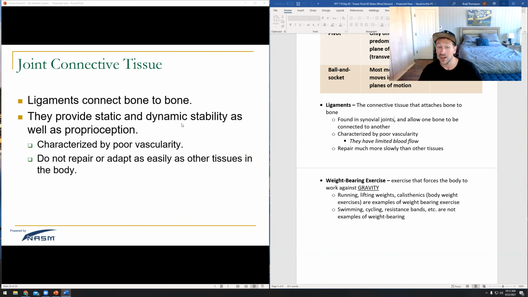Again, they are characterized by poor vascularity. They don't get very much blood flow. And because of that, they repair very slowly, which is why we need to have rest days in our workout programs. Honestly, guys, your muscles actually repair pretty quickly, but the tendons don't, and the ligaments don't. So when you're working out like crazy and your joints hurt, that's why we need to revisit the types of things that, and this is something we're going to talk about,